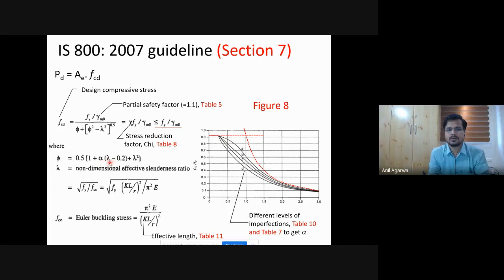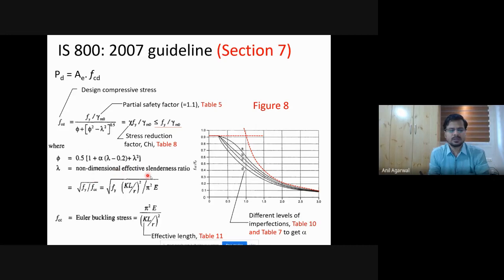Okay, and lambda, of course, is your slenderness value that basically governs whether a column is more susceptible to buckling or yielding first. Okay, so the larger the lambda, the more susceptible the column is to buckling. That is flexural buckling. This entire chapter, the entire section, is on flexural buckling. And if the lambda value is small, that means if it is less than 1, then it is more likely to have yielding followed by buckling. Okay.